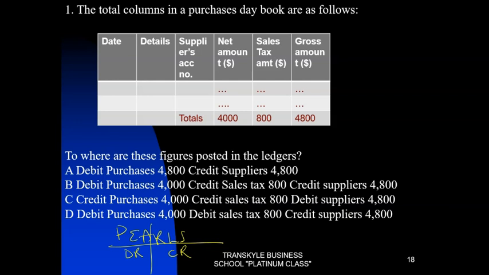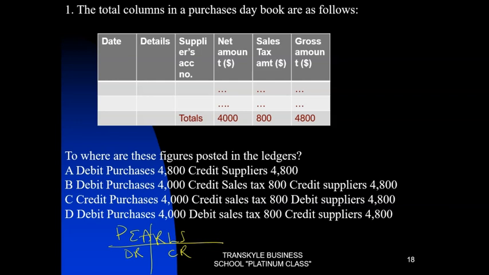Just do everything in accounting with the PERALS acronym. We know that P is for purchases, E expenses, A assets, R revenue, L liabilities, S share capital. You are home and dry if you know your PERALS. Now, in this case, we know that